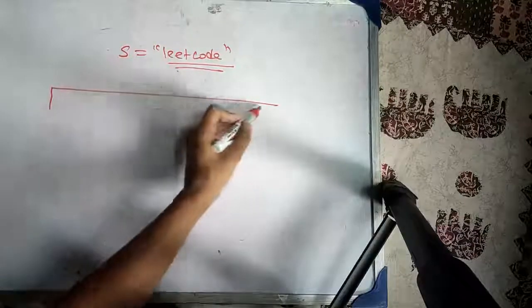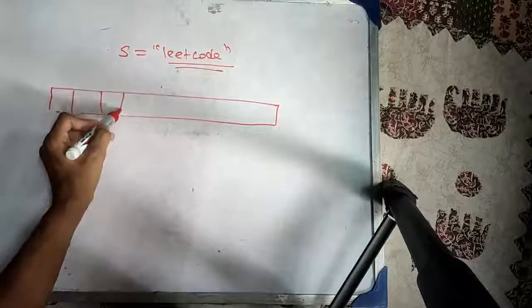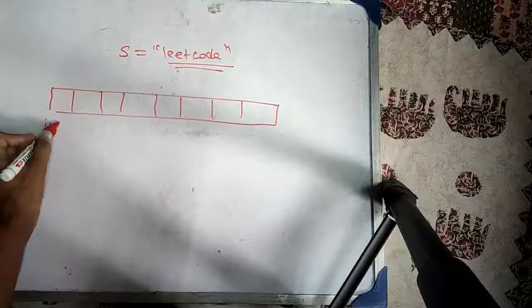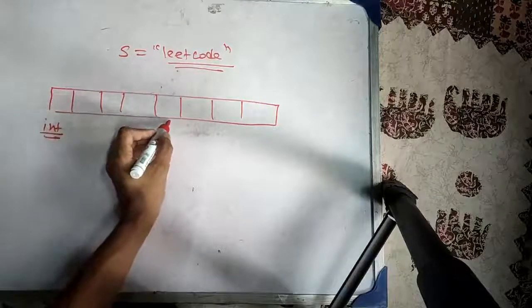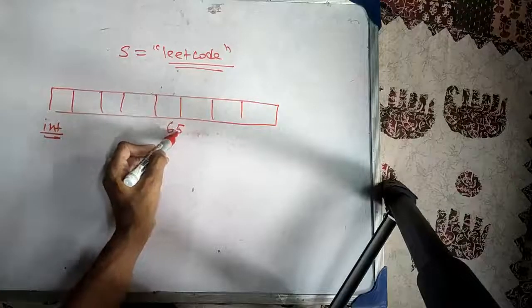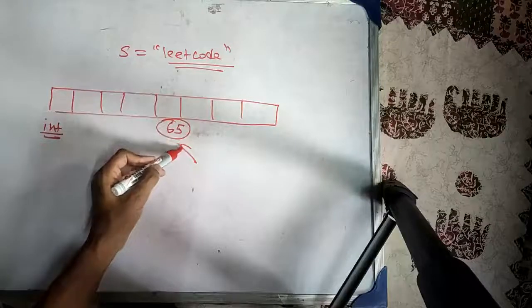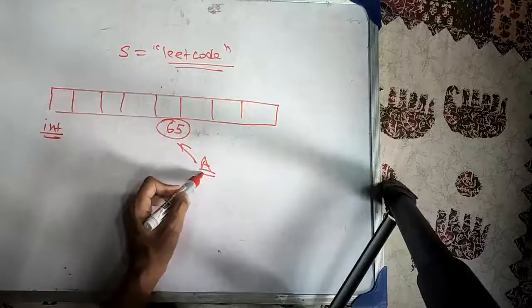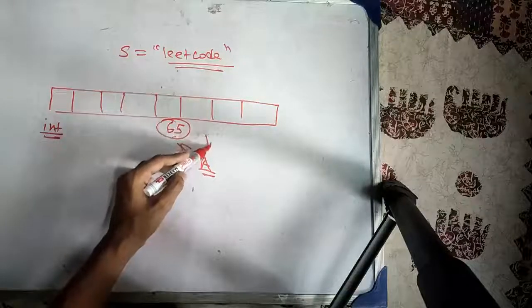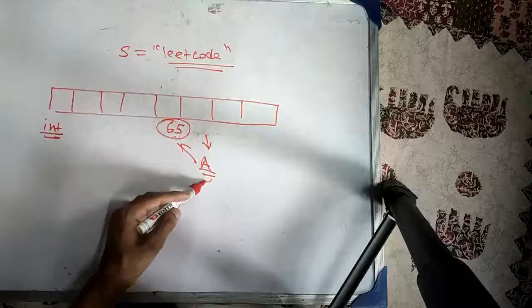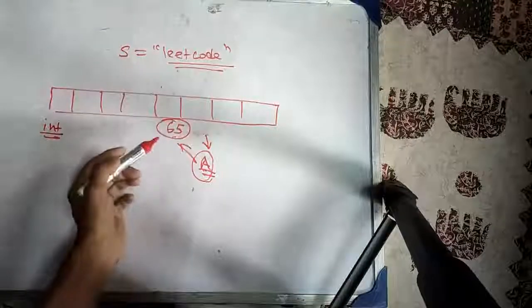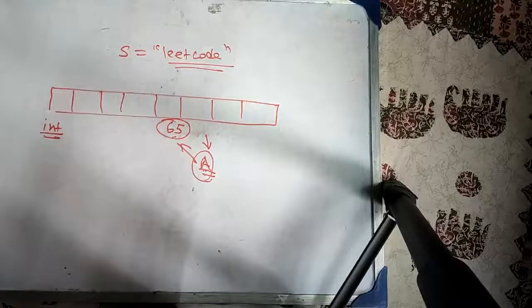So let's understand what a lookup table is. A lookup table is basically an array of integers, and the index of each and every position will represent a character. Suppose 65 is an index, so index 65 will represent capital A. Whatever value we store at this index will represent the number of times capital A has appeared in string S. So this is our basic approach.